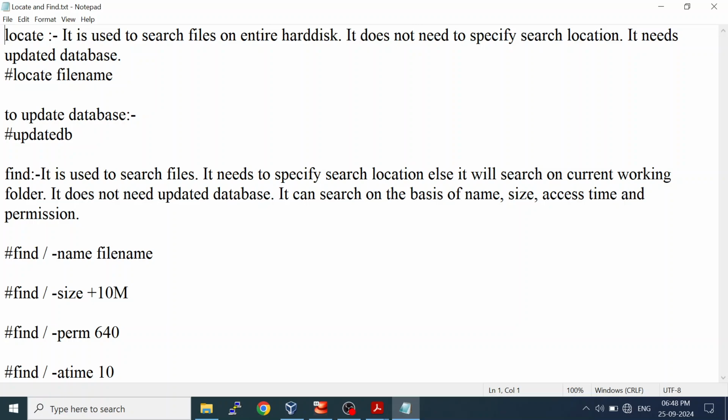So the locate command will search the entire hard disk. When you are using the locate command, you don't need to specify where to search. By default, it will search the entire hard disk. But with the locate command, one problem is there. If you have created any new file or folder, locate cannot find it. It needs an updated database. For example, we have created one